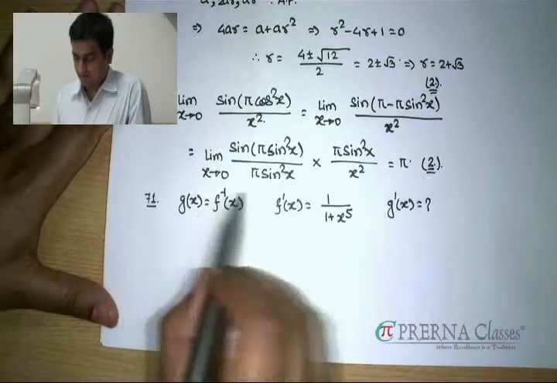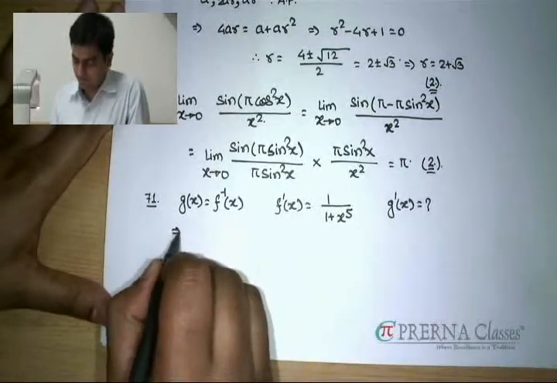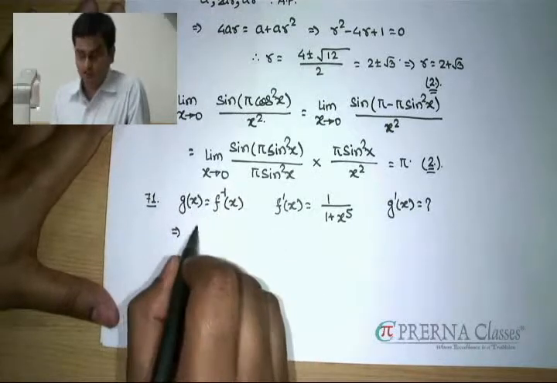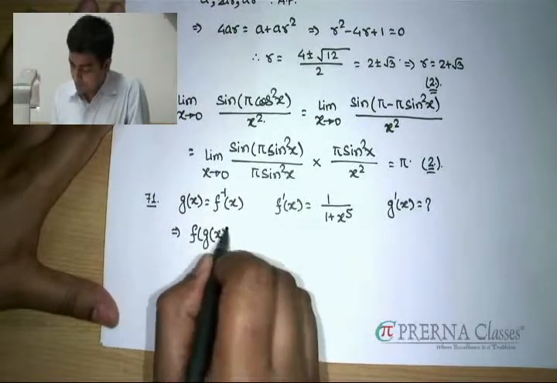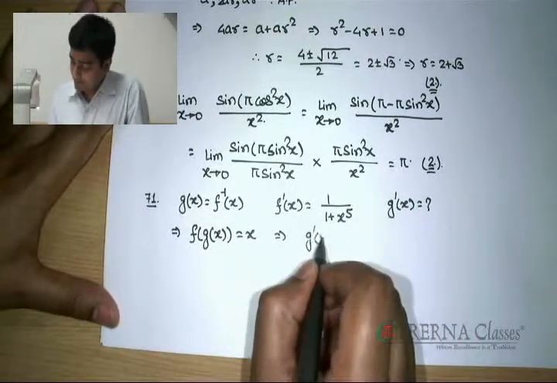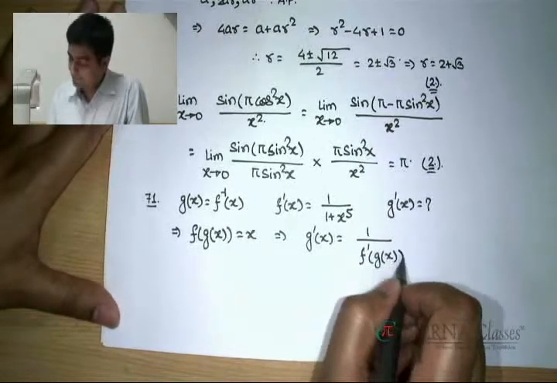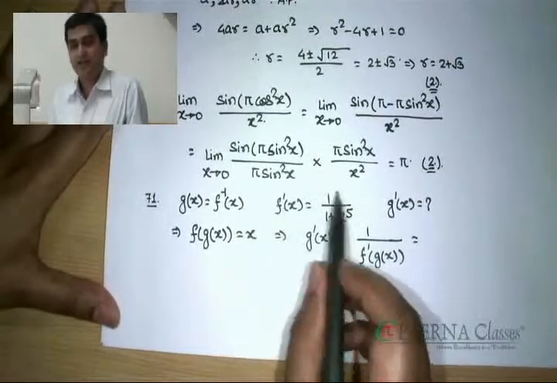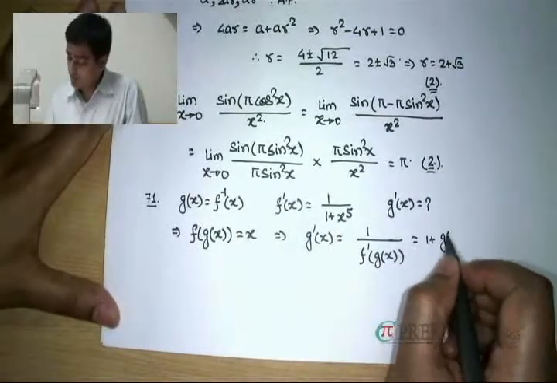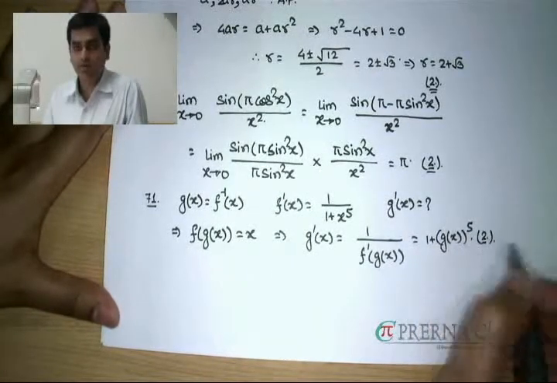Okay, in the next problem, it's related with functions. We have one inverse function of some function f given. We don't know the function f, but its derivative value is given to you, on the basis of which you have to figure out g dash x. Clearly, using this statement, we can write fog of x as x. Once we differentiate this relation, we find that g dash of x turns out to be 1 by f dash of gx. Following this fact that f dash is this much, this result is clearly then simplifying to this expression, which is directly matching with the option 2 of that problem.